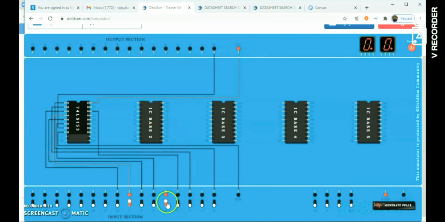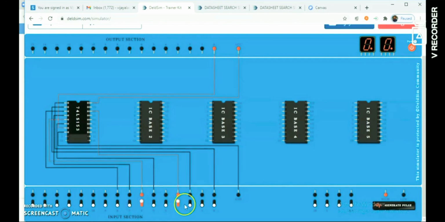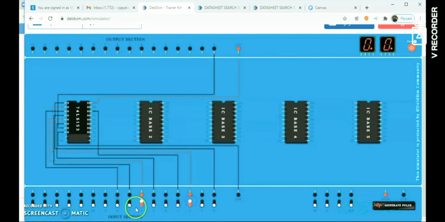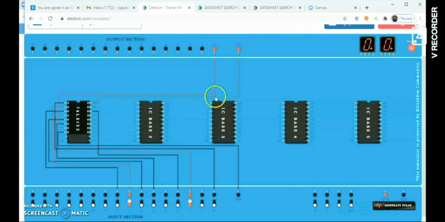From 1 0 it should be I2. See, similarly we can check all the connections. We can transfer our data to the output line just by choosing the particular select lines.